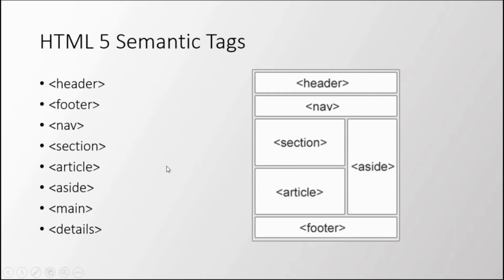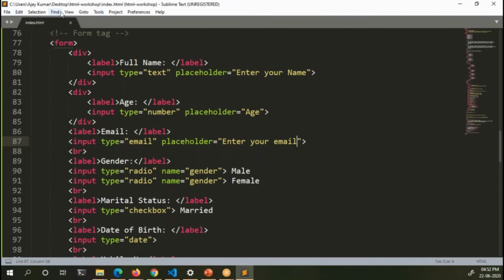Previously we tended to use only div. But div doesn't add any meaning, it's just a division. It is just a division, and it doesn't specify which kind of division it is. Now here you can specify which kind of division it is. So looking at nav, you can easily understand that it is a navigation section. There you will find navigation controls to other pages. Use this, and let me